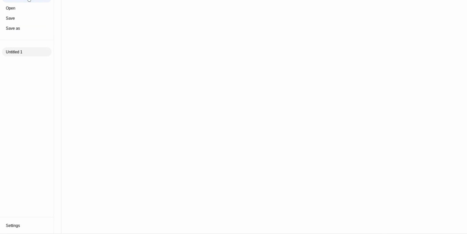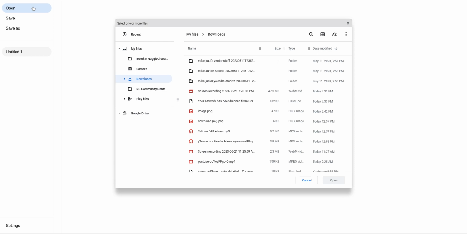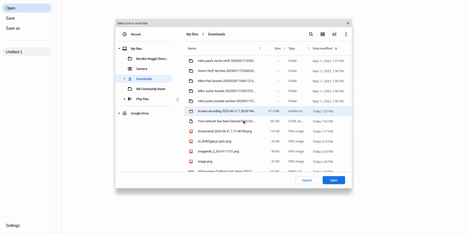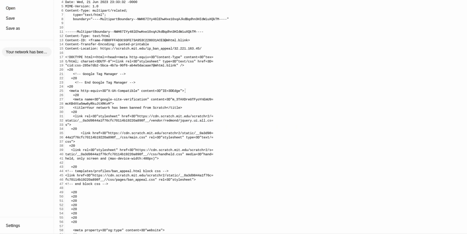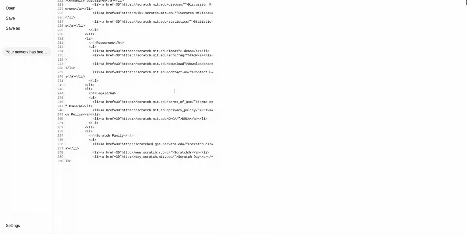If you click on open, and right here click on this HTML document, it'll give you this strange thing here.